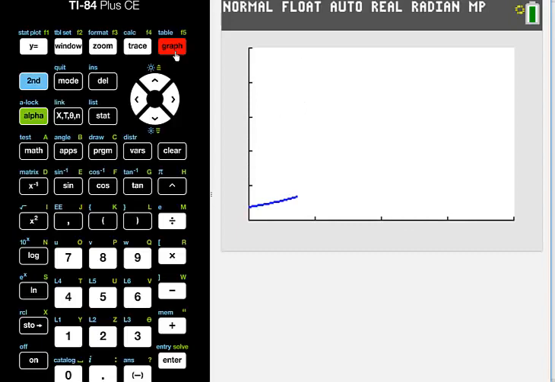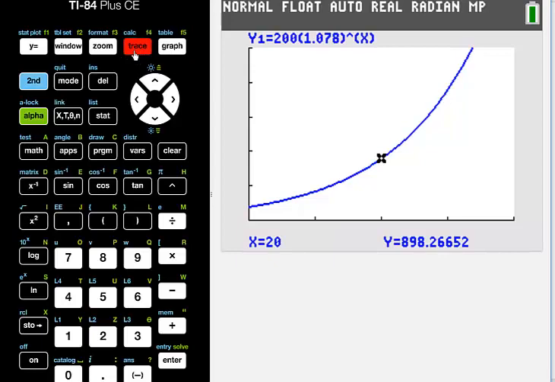Let me hit graph. I'm expecting to see one of those nice exponential functions. And sure enough, it has that typical shape that we saw earlier. The x-axis is going to be an asymptote, right? I'm just not quite seeing that part of the graph. Well, the simplest way to answer the question we were trying to ask is just to use the trace button. Remember, we're trying to figure out the year that this population gets all the way up to 2,200. If I hit trace, I get a cursor on the graph.